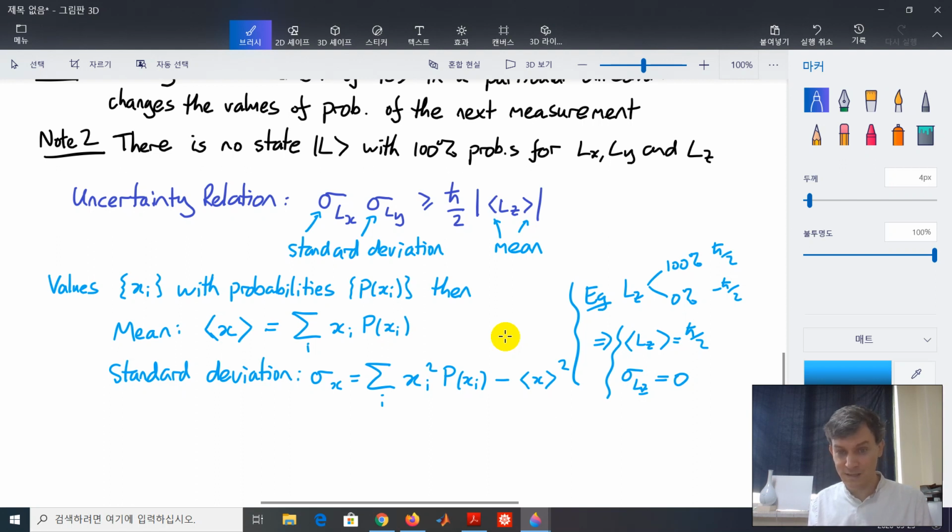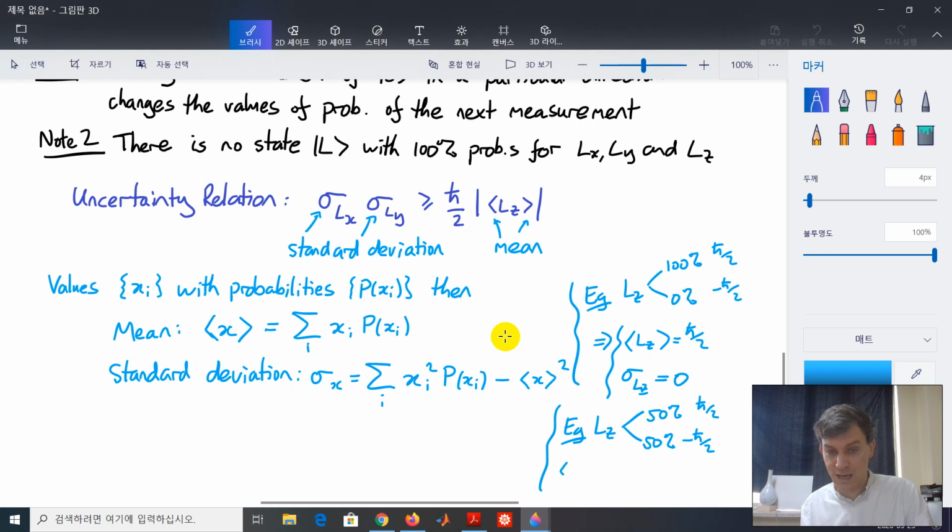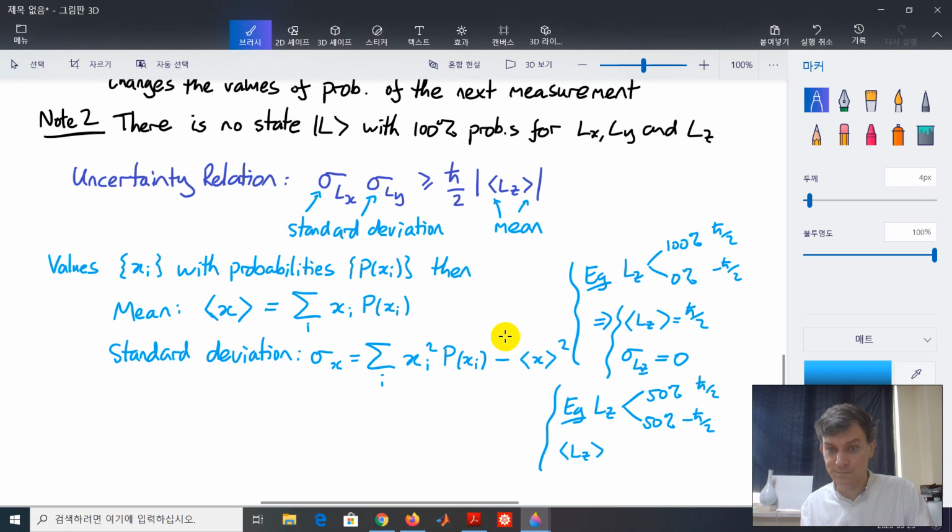As a second example, let's suppose I have a 50-50 case. In this case you would get that the mean of Lz is going to be 0, because it's just the same probability of being plus as being minus, so on average it's 0, and the standard deviation here would be maximum,